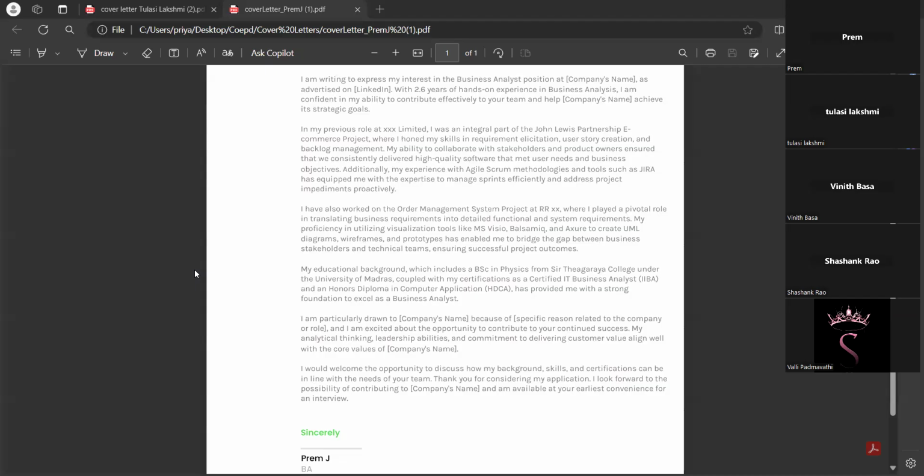I review the request and evaluate whether it is feasible, conduct an impact analysis, and document the request and present it to the stakeholders for approval. If approved, I incorporate the change into the project plan, communicate it to the team, and monitor its impact on the project's progress. This kind of analysis includes impact analysis, feasibility study, and effort estimation.